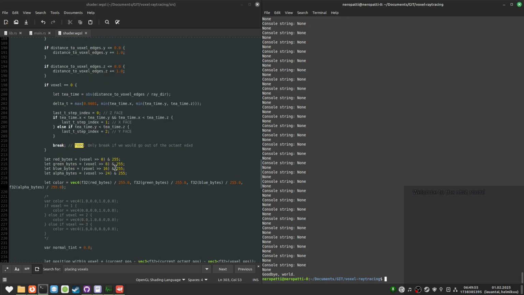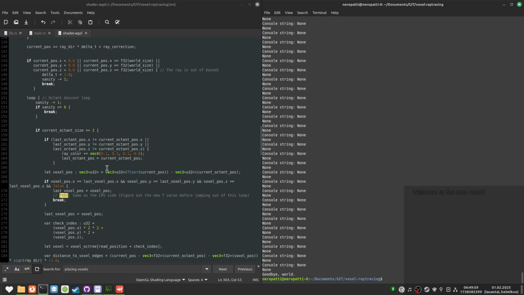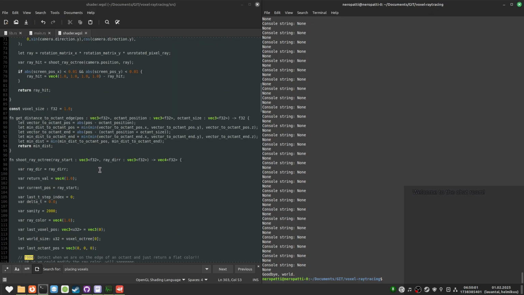Okay, I might start just returning a Vec3 here instead, returning all of the distances. Does this abs do something other than I think it does? Or am I getting negative values? Okay, I might be getting negative values.